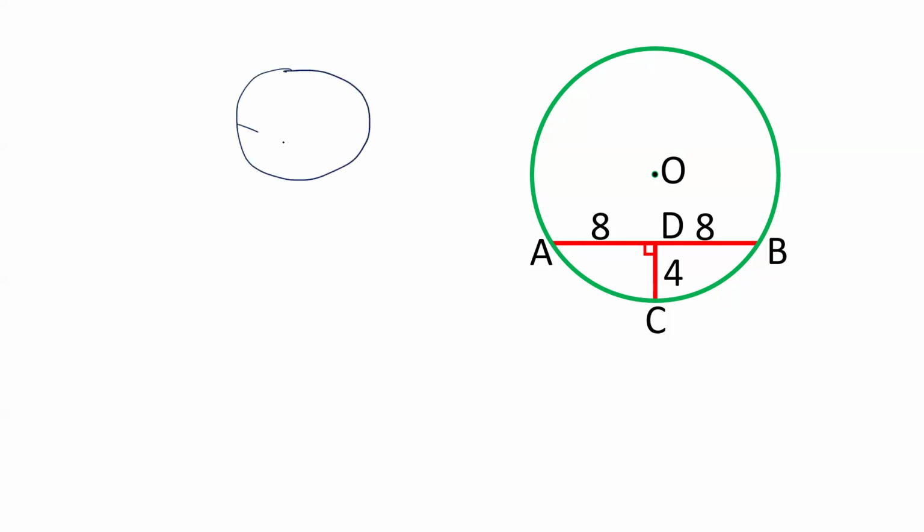In a circle, if two chords intersect each other at a certain point P, and the chords are AB and CD, then PA into PB is equal to PC into PD. This is a special property of a circle. We'll use the same property over here. Another property is